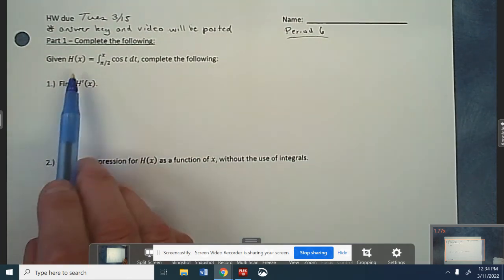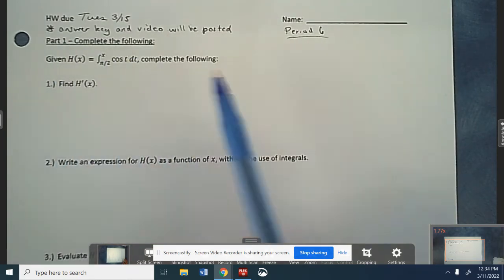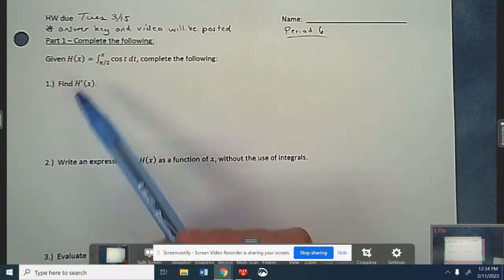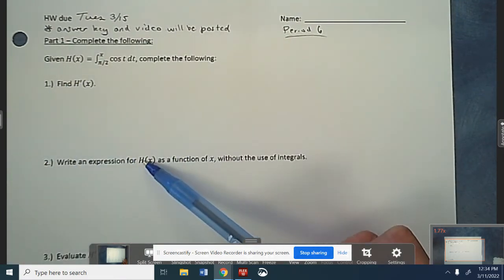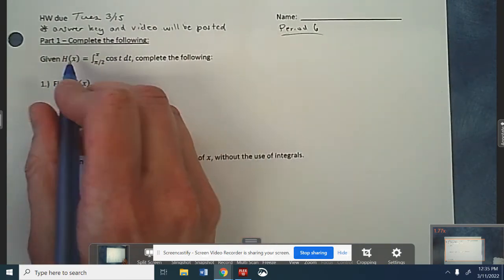What we have here is a function H, big H, defined by an integral. And we're asked to find a few things. Some involve derivatives and some just involve the function H itself. So for H prime, that is the derivative of H. So if we're given this